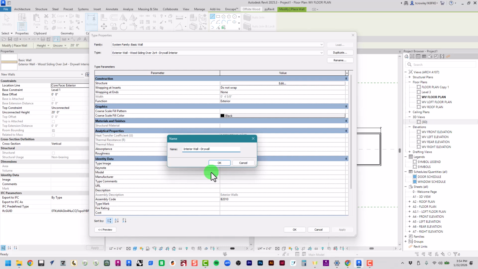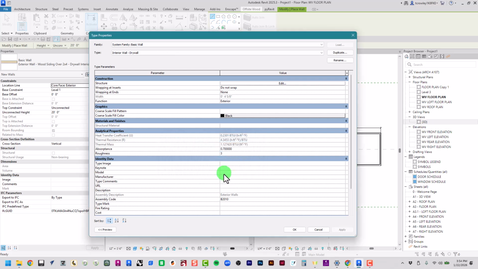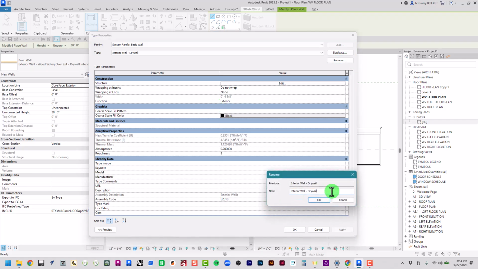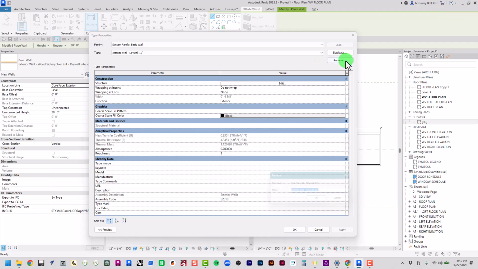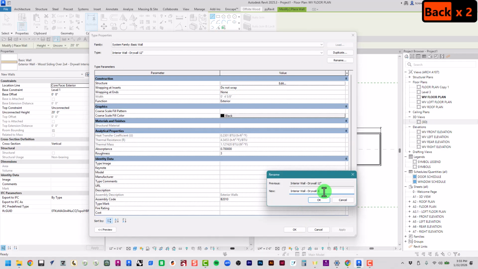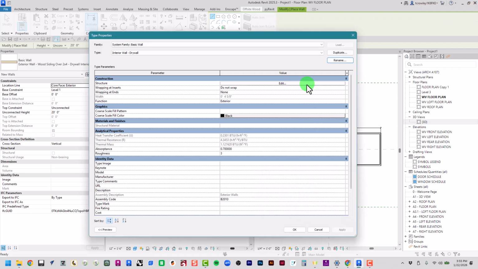But if I click edit and come in here and affect the layers of this wall, we're going to take gypsum drywall board and put it on the top. So if I click where it says wood planks, you'll see this little ellipsis pop up. I'm going to click that, and we're going to get to our material library. These are all the materials that come preloaded with Revit. And really, I just need gypsum drywall. So let's find gypsum